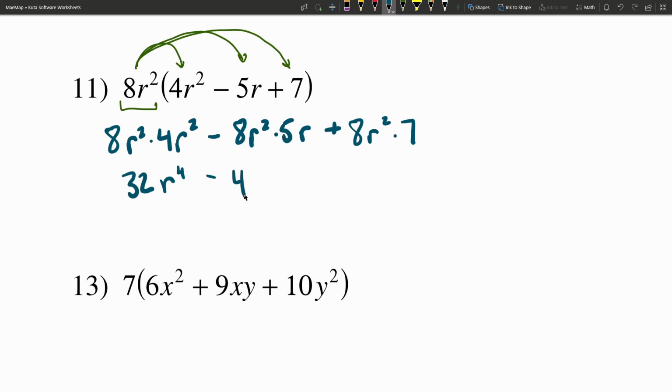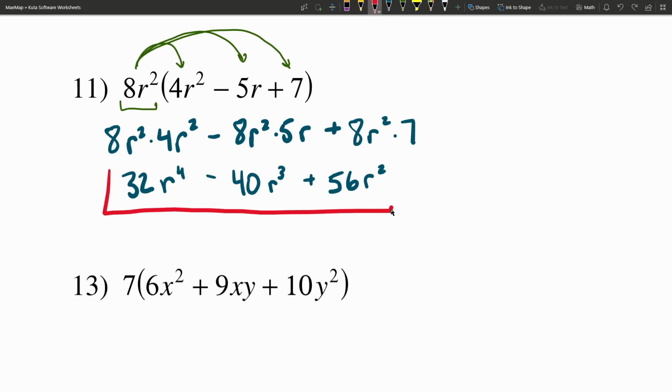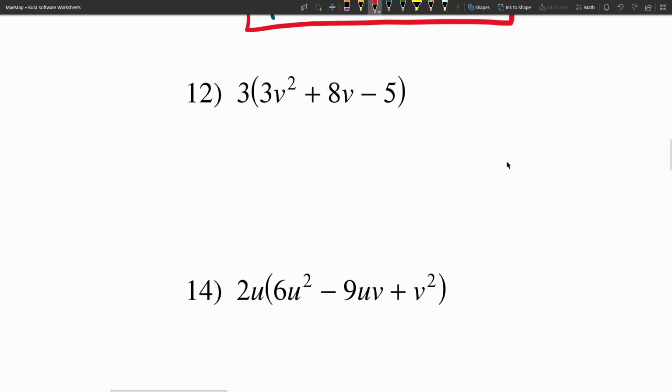8 times 5 is 40. And we have r squared times r, which is r cubed, because we have r times r as r squared times another r. That's 3 r's that we were multiplying together. So that's r cubed, r to the 3rd. And then we're going to add that to 8r squared times 7. 8 times 7, 56 times r squared. So for number 11, we have 32r to the 4th minus 40r to the 3rd plus 56r squared. Moving right along to number 12,